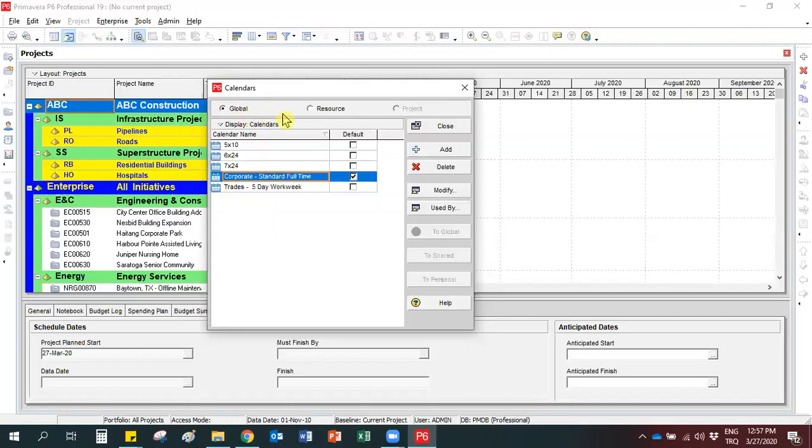The second type, resource calendars, can only be assigned to the resources, not the projects. For example, assume that in your project you are not working on Sundays. This is your calendar. However, let's say the painting team is not working on Saturdays as well. Therefore, you have to create a separate calendar for painting team to represent their working days. And when you assign the painting team to the painting activities, these activities will not continue both on Sundays and